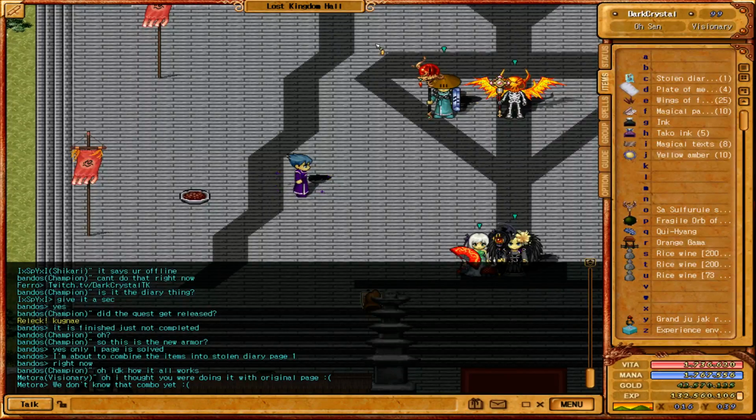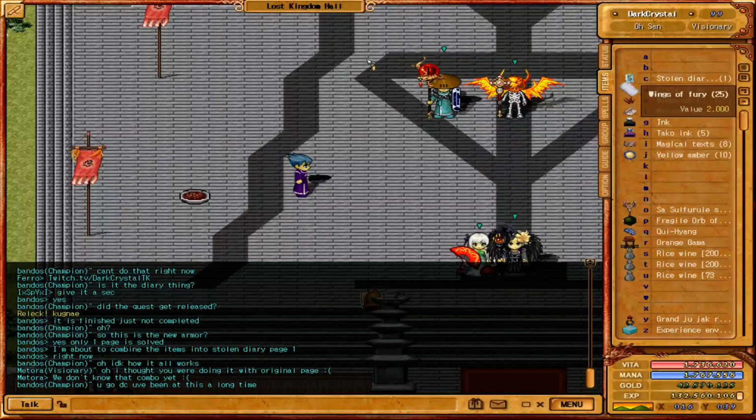Alright, just going to give it another minute. So I'm going to combine a stolen diary page 1, 4 plates of metal, 25 wings of fury, 10 magical parchments, 1 ink, 5 taco ink, 8 magical texts, and 10 yellow ambers. That is the key combination to unlocking the stolen diary page 1, which will create an item called Garnet Foot